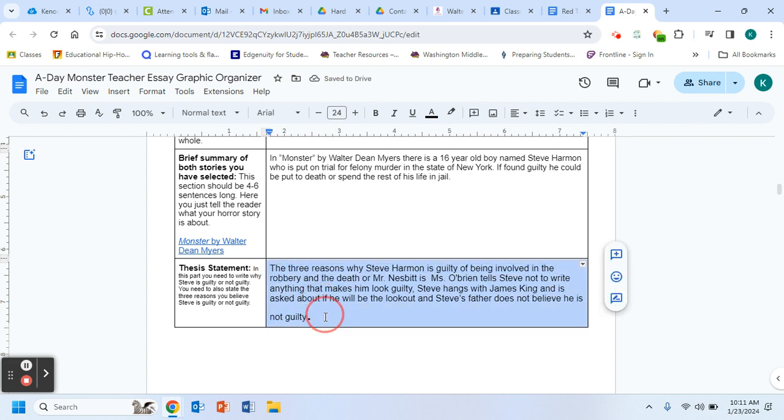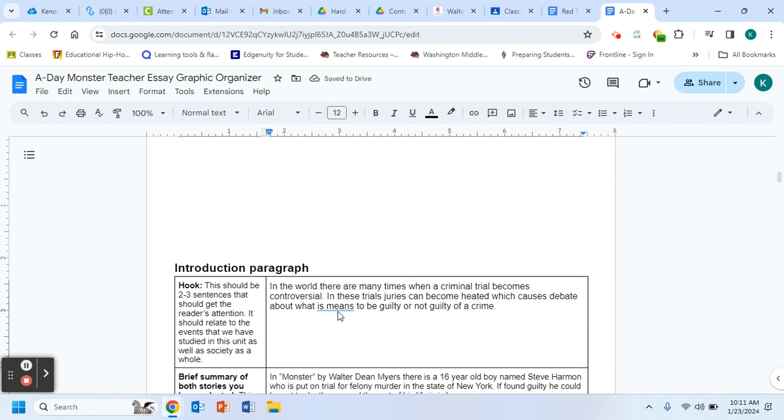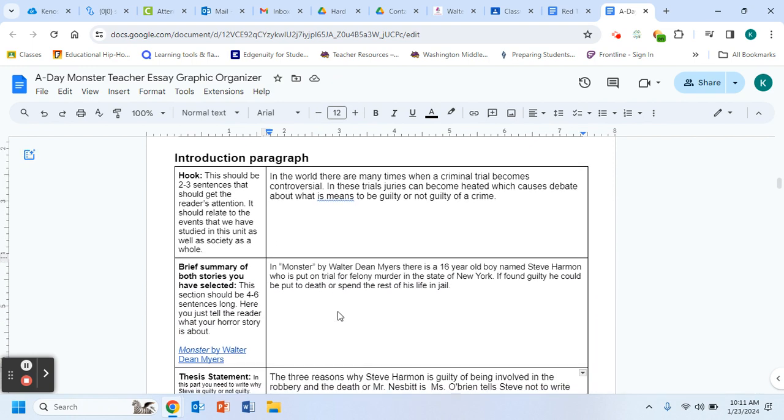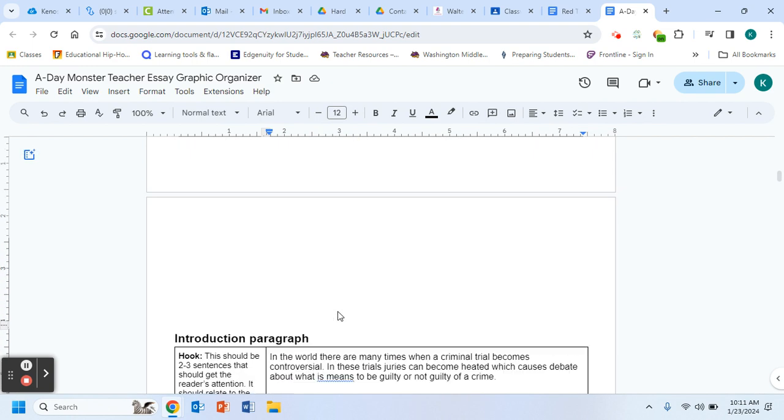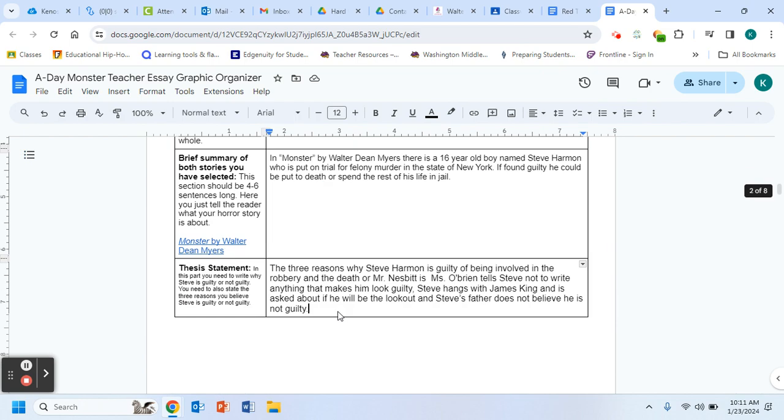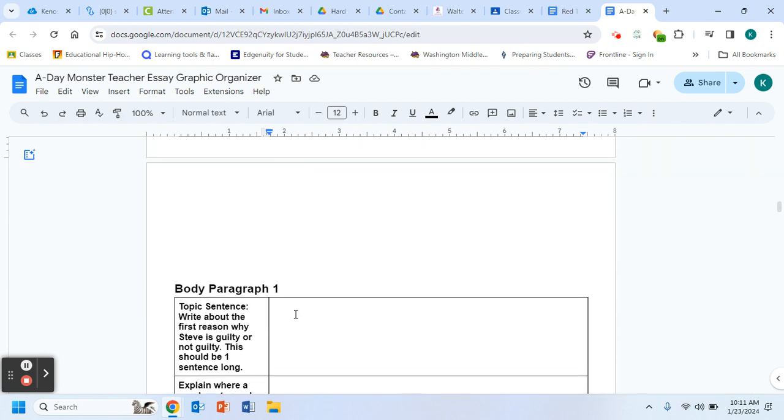But that's how you do the first introduction paragraph. Okay? There's nothing hard about it at all. You've done it before twice with the timed essay and then the horror essay. You'll be fine. You just copy what you got up here and down here. And then we're going to do the same thing as we did before. So the first thing,